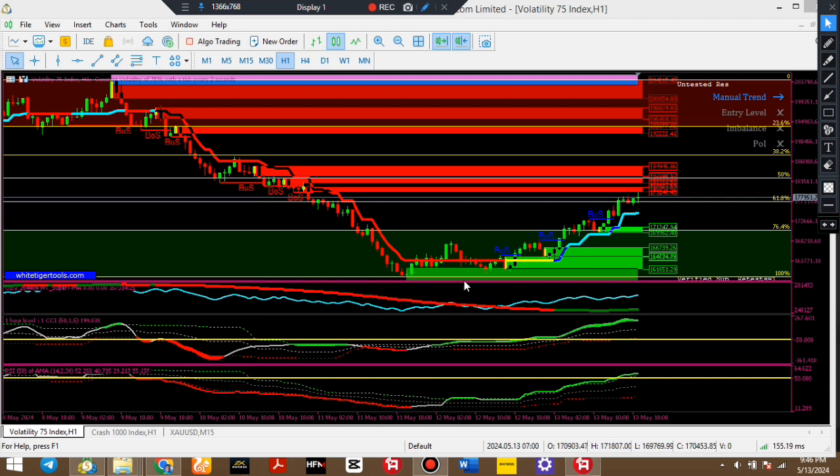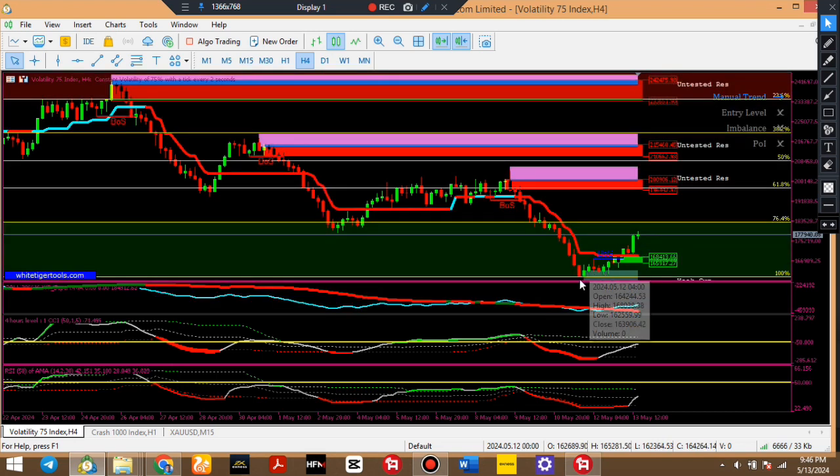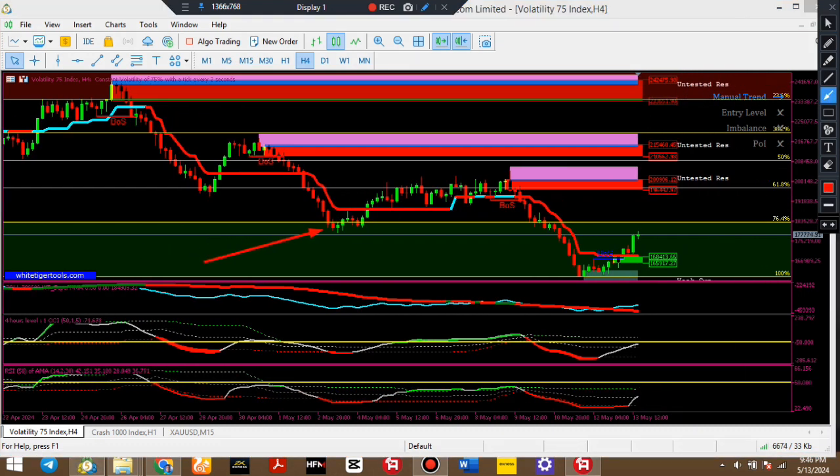So this was the strategy. And when you check 4 hours, price was also at that same zone. So there was high probability that price is going to go up. So that was why I took that. And already I know where price is coming, because price broke below this low here in H4. So we're expecting price to come and retest. If possible, price can even come all the way to level 61, then give a little sell, then probably go up. So whichever case, we are still intact. We'll follow it bit by bit.